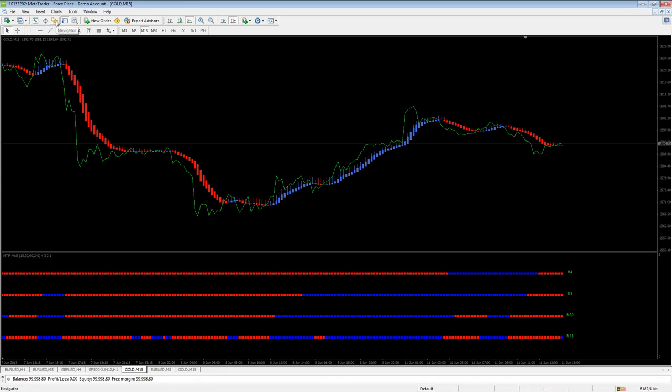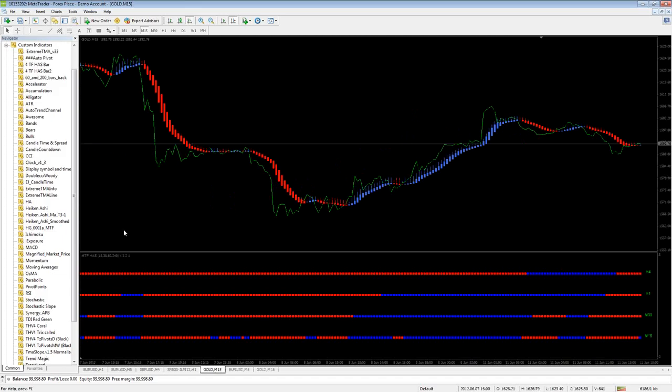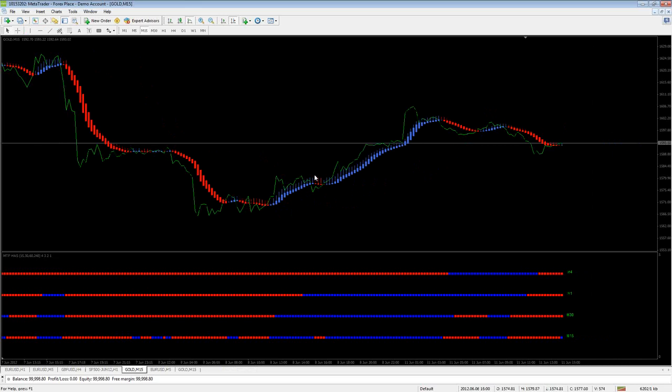Unlike the regular Heikin Ashi candles, the smooth Heikin Ashi candles are not part of the MetaTrader. They're not part of the platform. The Heikin Ashi candles are under custom indicators here, whereas the Heikin Ashi smooth indicator is something you have to add to the MetaTrader. You can look it up online and download it from many forums, especially the Forex Factory forums. But I guess you can find it anywhere else. Heikin Ashi smooth.mq4 or ex4, or ask it from your